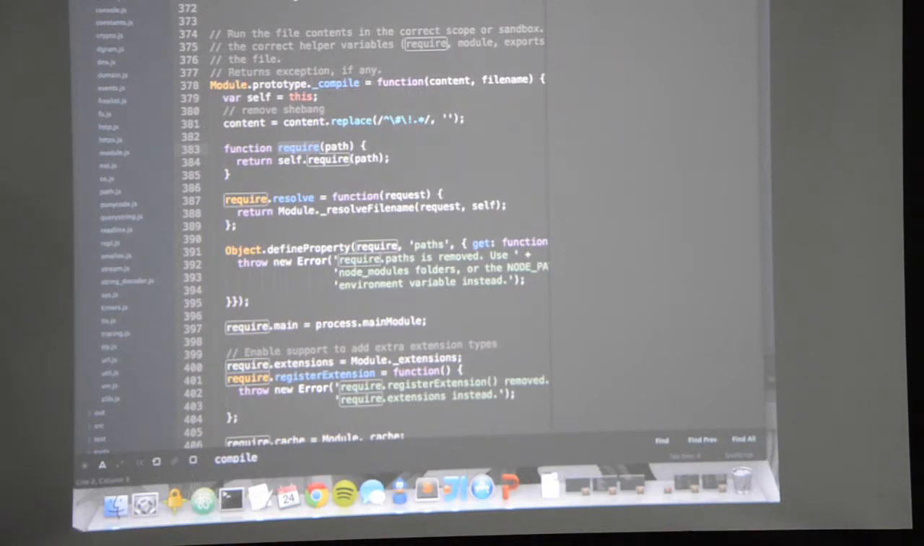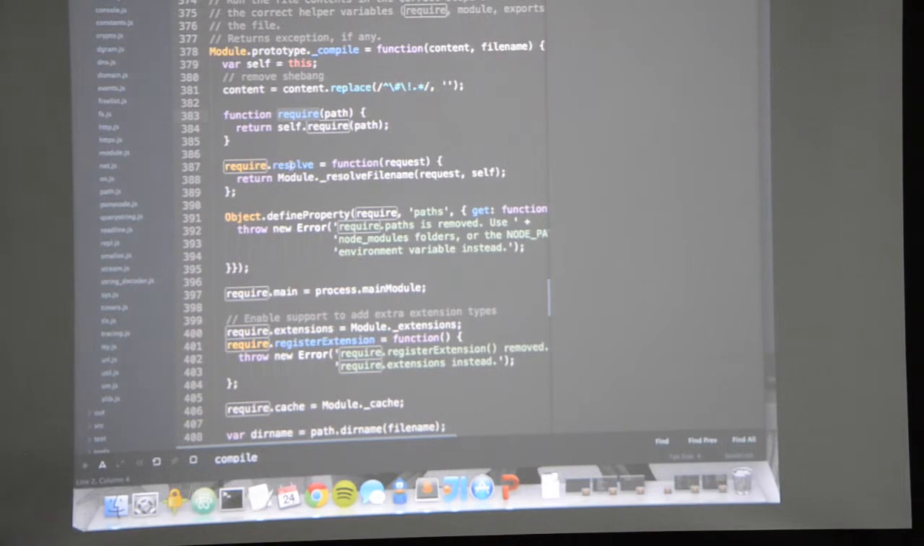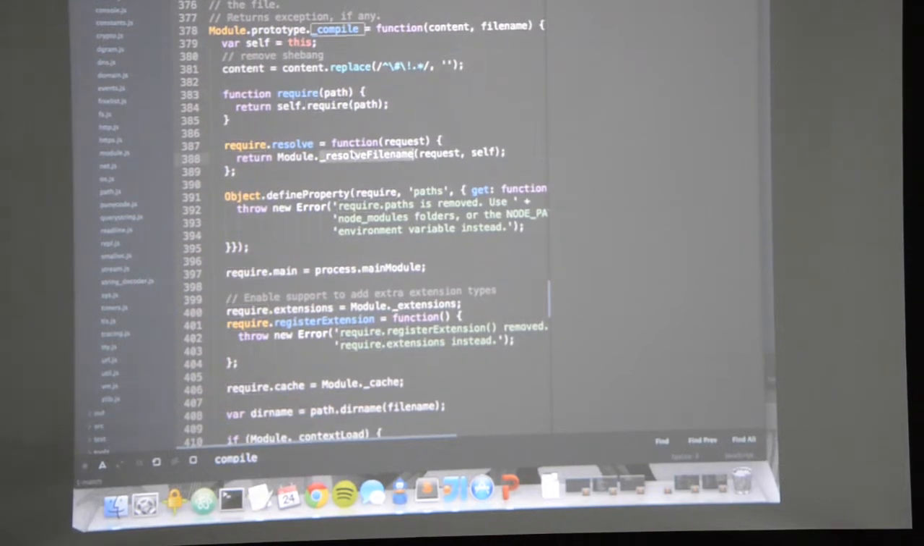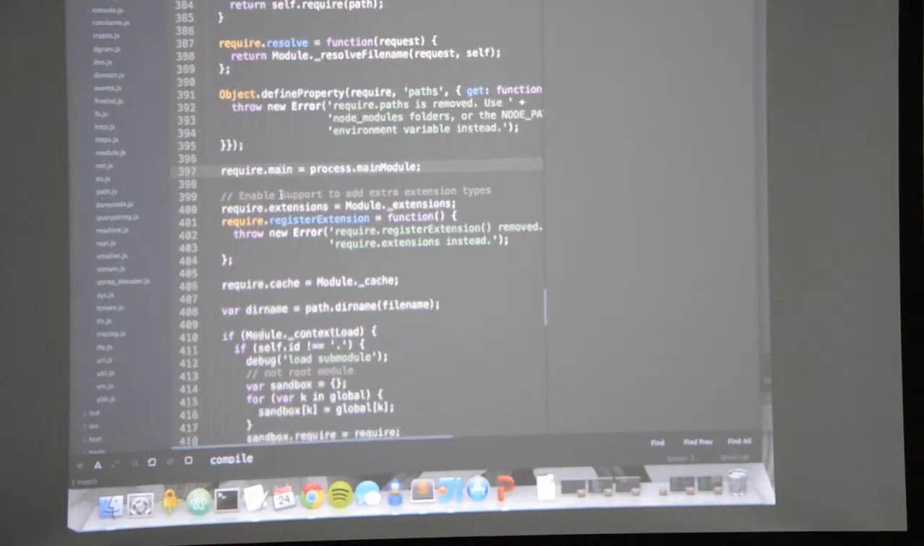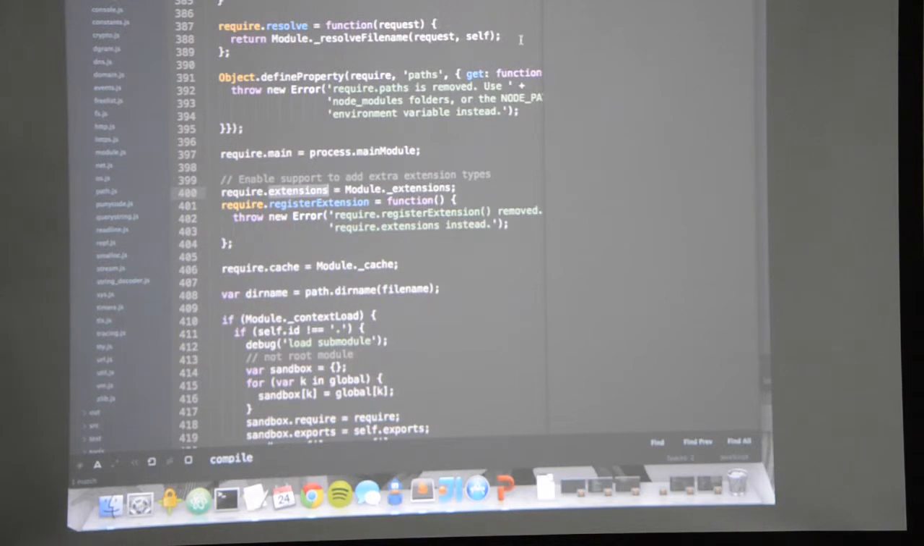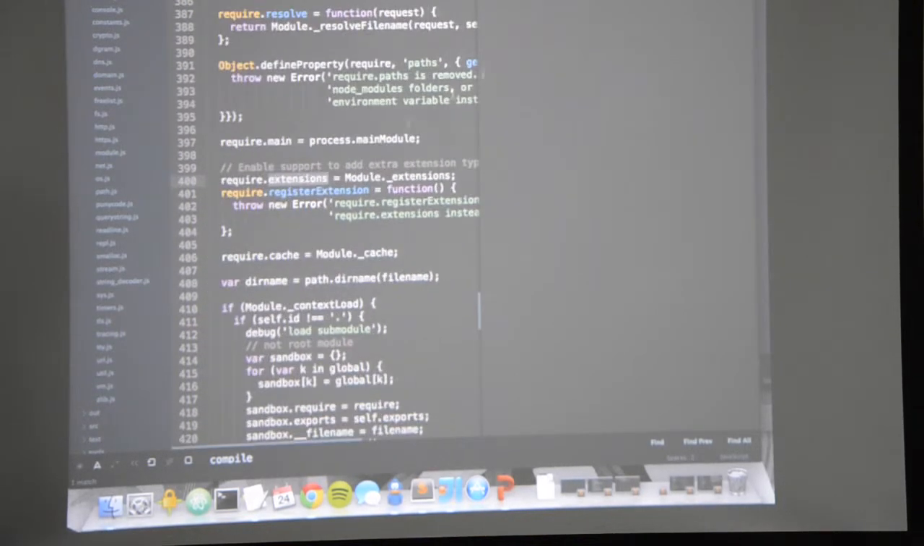Remember how I said these are synonymous? They are. But require actually has a ton of stuff attached to it. So you can resolve file names, which was originally a private function. We've just made it public to every module. This looks deprecated, let's skip that. Attach a main property. You can even attach the extensions. If you see this comment, enable support to add extra extension types. So you can actually literally do